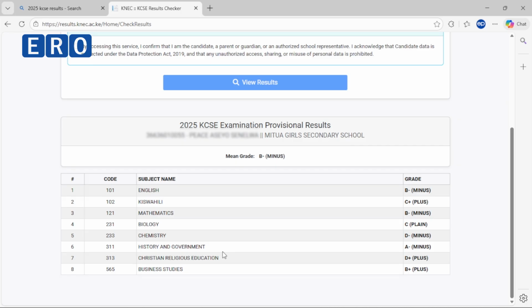And also there's an option for sending an SMS, although it's not active as of the time of recording. You can send the index number to 20076, okay? And they will give you the results via SMS, and you need to have at least 30 shillings as airtime